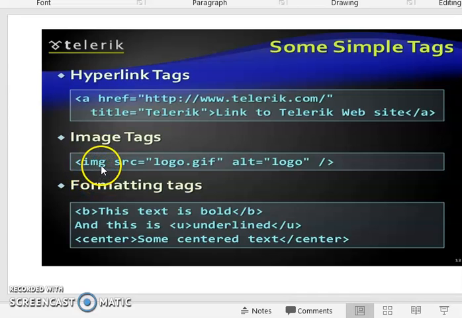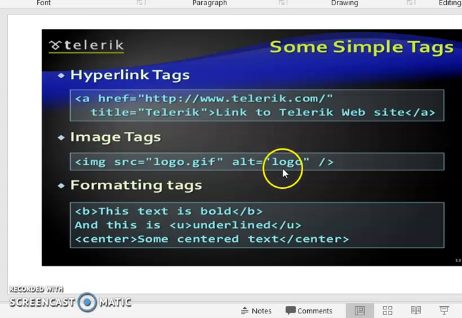Then it has two attributes. The first one is src, which specifies the path to the image. If it is in the current directory, we can put it like this, or if it is somewhere else, we must write the full path in the src. And alt specifies an alternate text for the image if, for some reason, the image cannot be displayed.